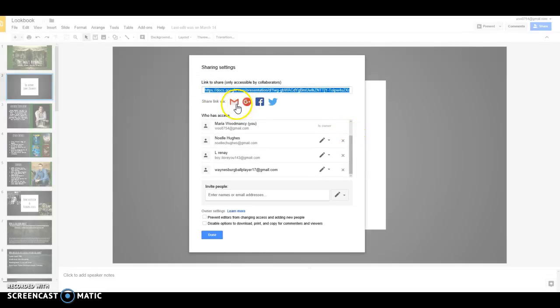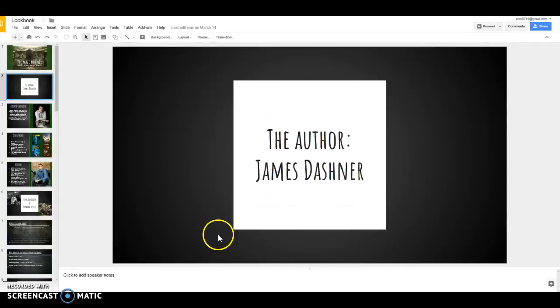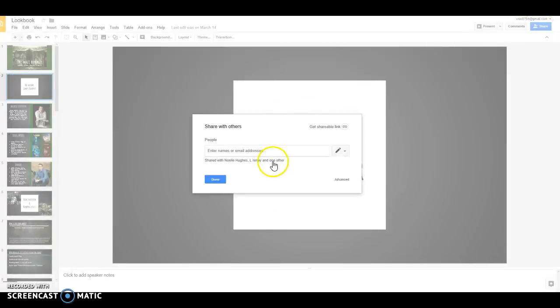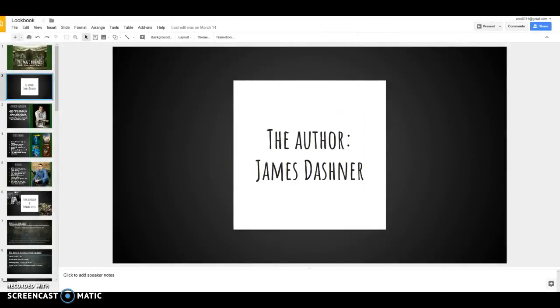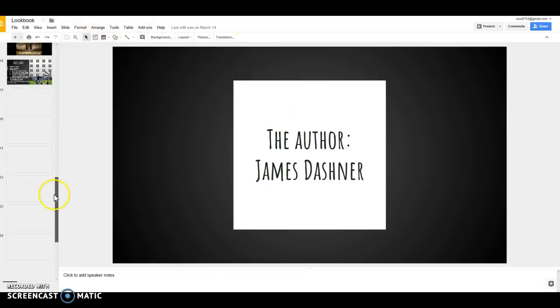You can share the link through Gmail, Facebook, you can share it through Twitter, and one thing that was really nice is even though I had a Gmail, maybe my group members didn't, well, that wasn't a problem. They could just add their email, it would send the link. When you're in your email that was sent, you will open it, it'll give you a link. You might have to use that link to get into here every time, but you can save this to your